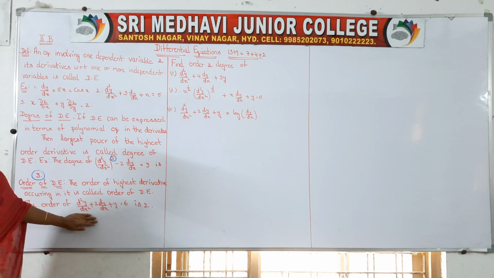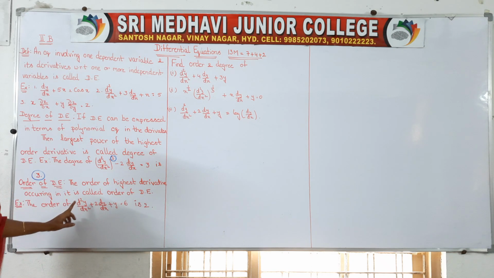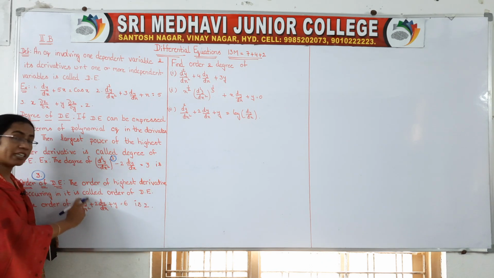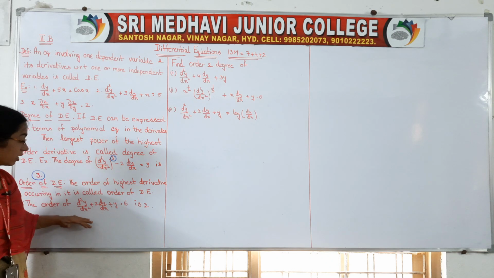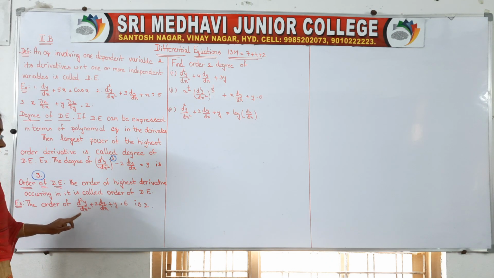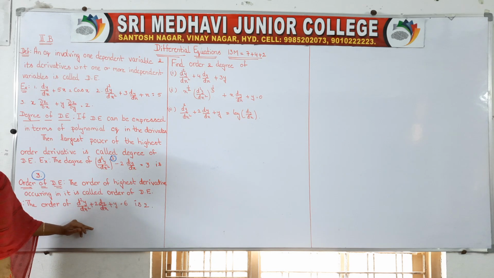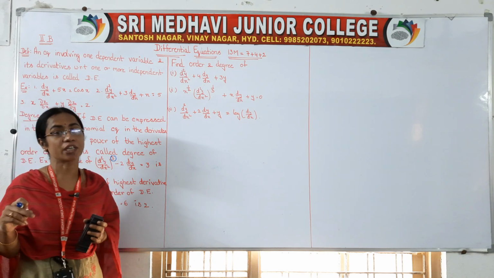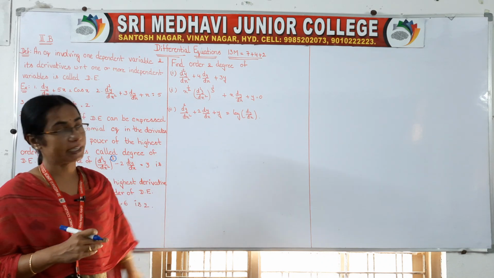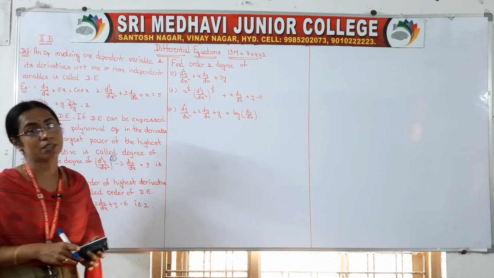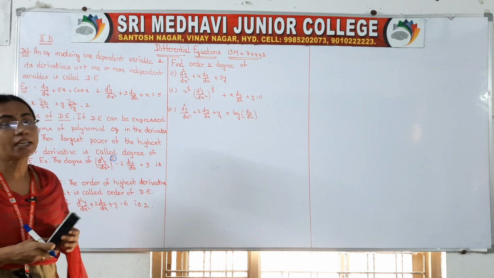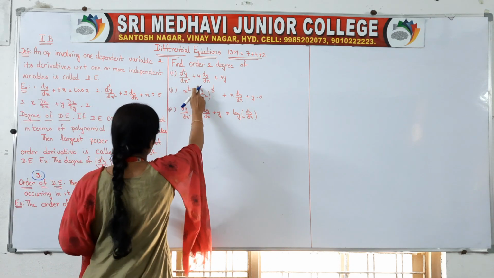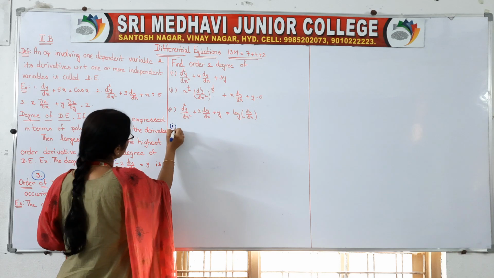Here, if you want to take the degree, what is the degree? The highest order term is d square y by dx square, right? Its power, nothing is there, means we will take the power as 1. So here the degree is 1, order is 2. Okay, be clear with this order and degree. You are going to get a 2 marks question based on order and degree. So we will do some problems based on this. Come on, take the first question. What is your first question?